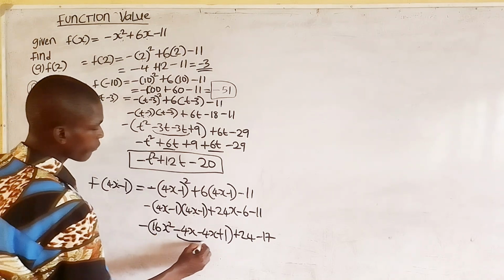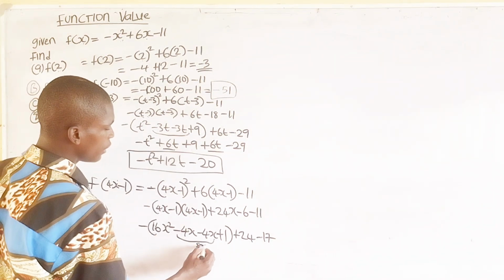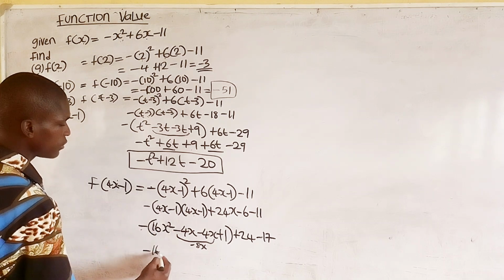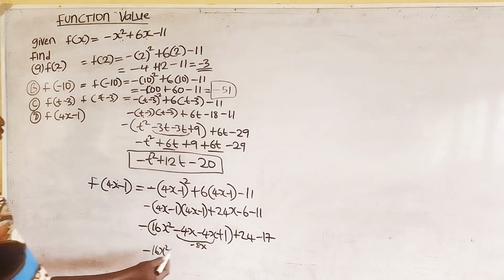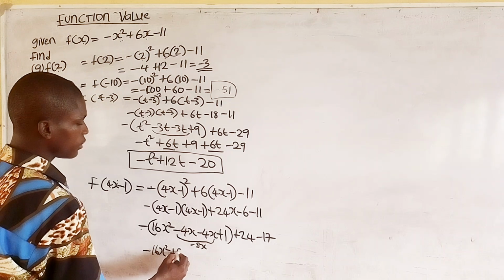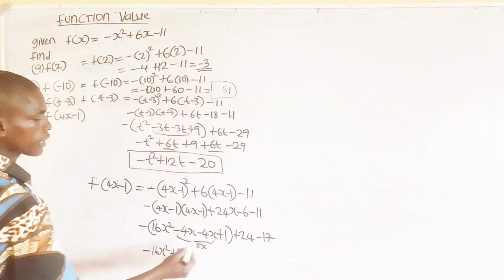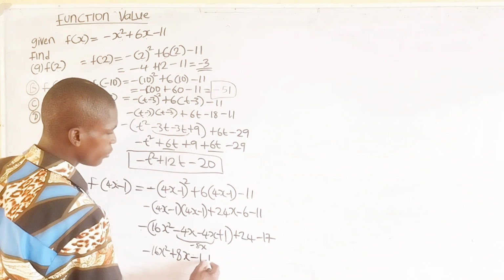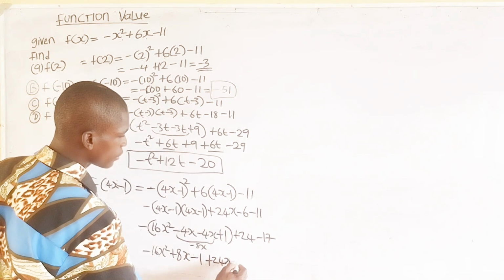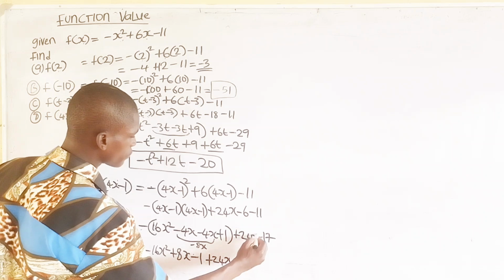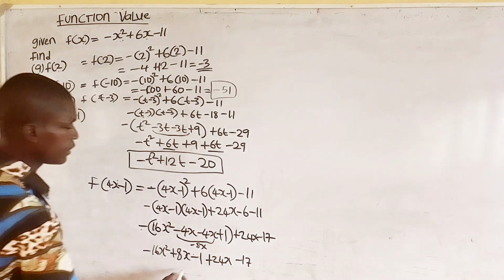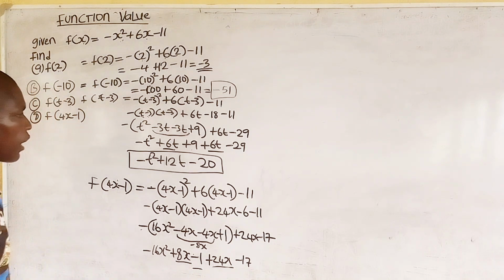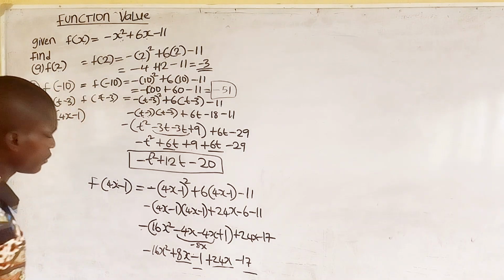Then you know that minus 4x minus 4x will give you minus 8x. Minus times 16x squared will give you minus 16x squared. Minus times minus 8x will give you plus 8x. Minus times 1 will give you minus 1 plus 24x minus 17. Then what can add? 8x can go to 24x, and minus 1 can go to minus 17. You now have minus